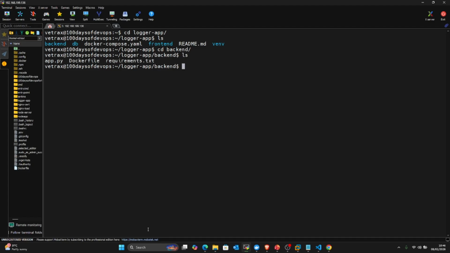For the back end, our application is a Python application. So how do you do lint testing for Python apps? If I cat my requirements.txt, there's a tool called, you can either use PyTest or you can use Flake8. So I'm going to use Flake8, and the way you do it is